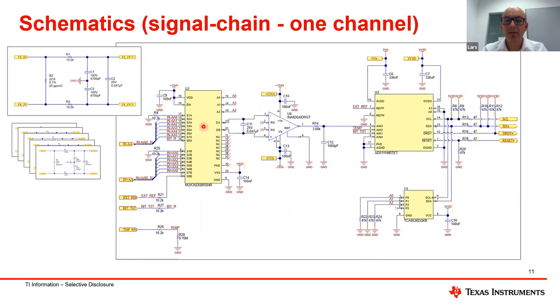Then we have the selected signal coming out, going to the INA826, which is basically taking the differential signal and converting it to a single-ended signal. And this is then directly fed into the A to D converter. The A to D converter is the ADS1119. I chose this A to D converter, this delta sigma converter,